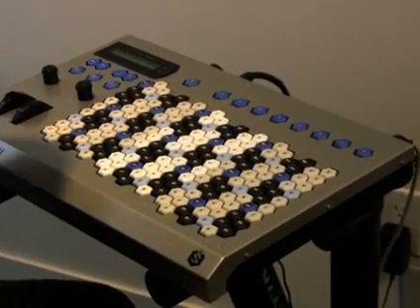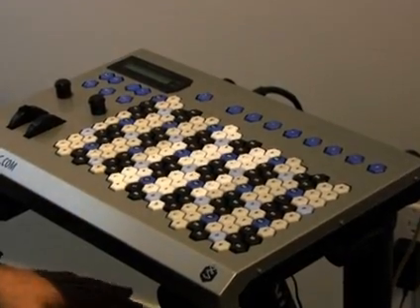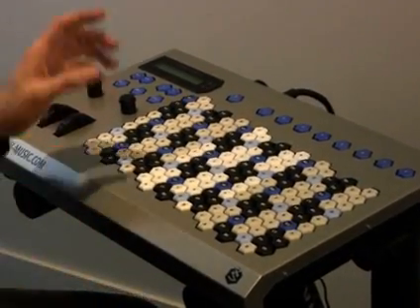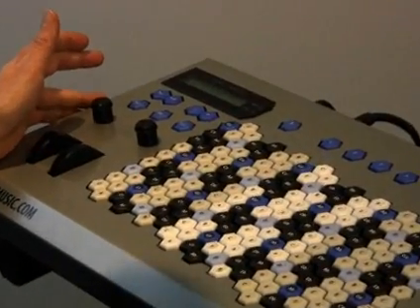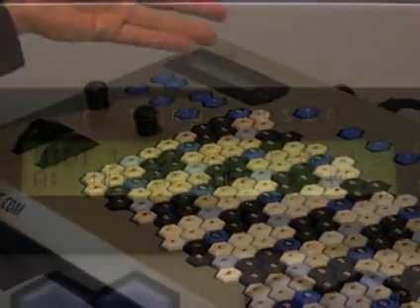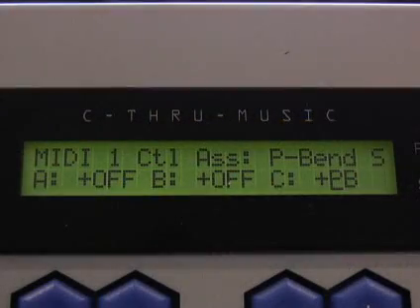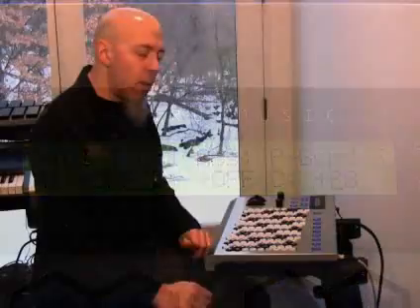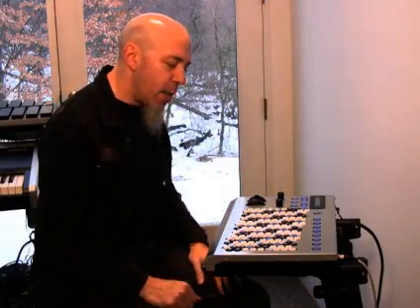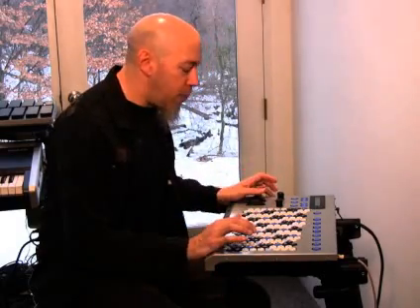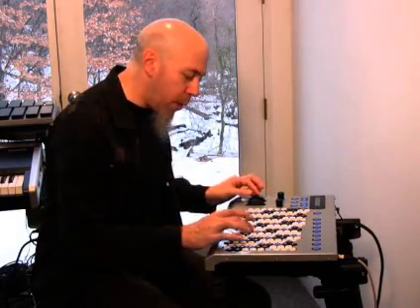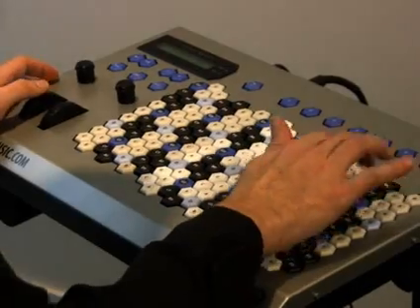So now press the MIDI button again, and this is probably your most advanced page. This is where you can actually reassign the controllers per patch that you save. So for instance, right now I'm looking at the pitch bend, and you can see A, B, and C. Now so far, in this patch, the way I have it set up is that zone 3, C, has pitch bend assigned. So when I move the pitch bend wheel, and I go,